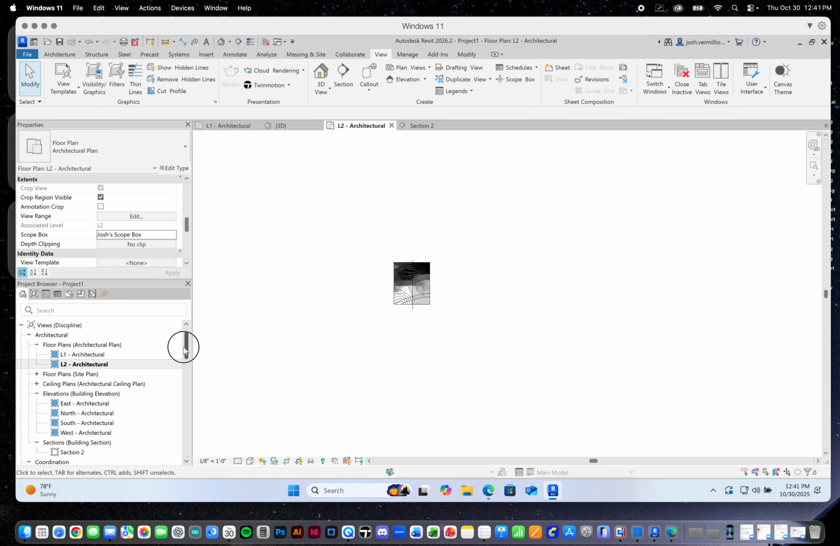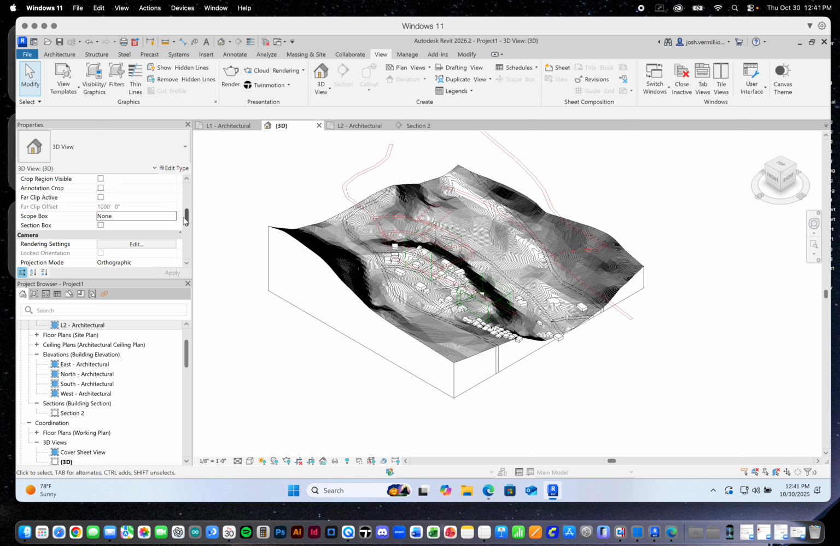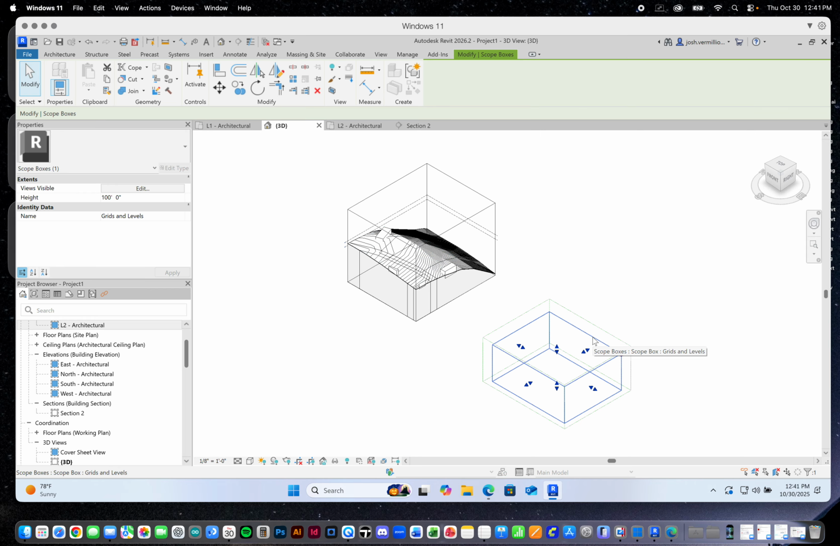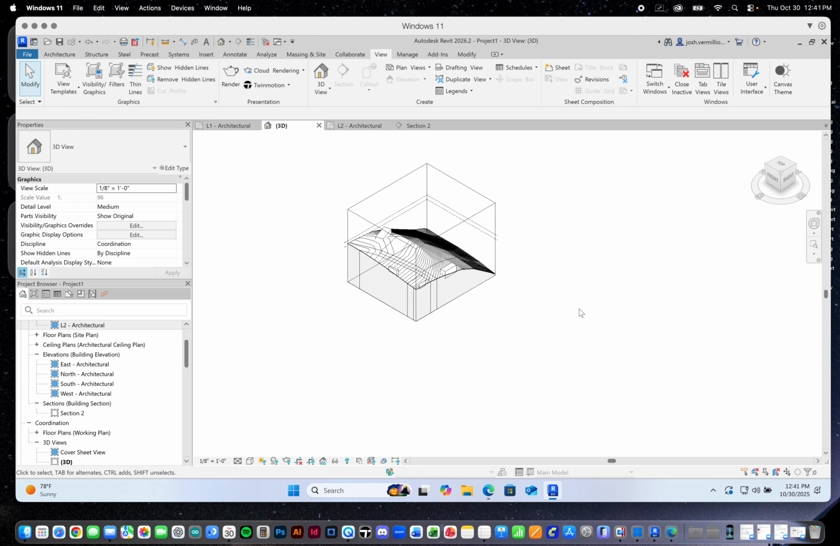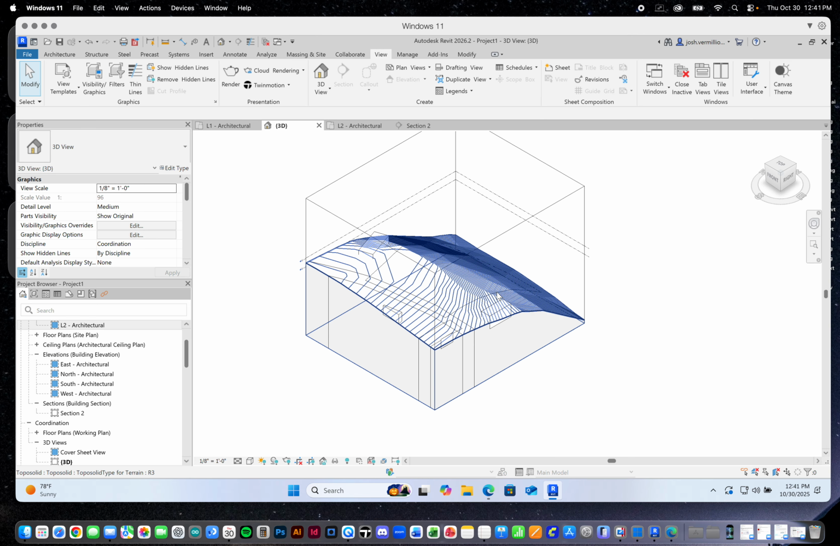All right, I can do the exact same thing with a 3D view. Right? This is a lot to take in, but if I go down, let's see, 3D view, try to find that scope box. There we go. In the properties, Josh's scope box. All right, there it is. Here's our old scope box. I'm just going to go ahead and select that and delete it away. Don't need that at all. In fact, it's really annoying me. All right, so